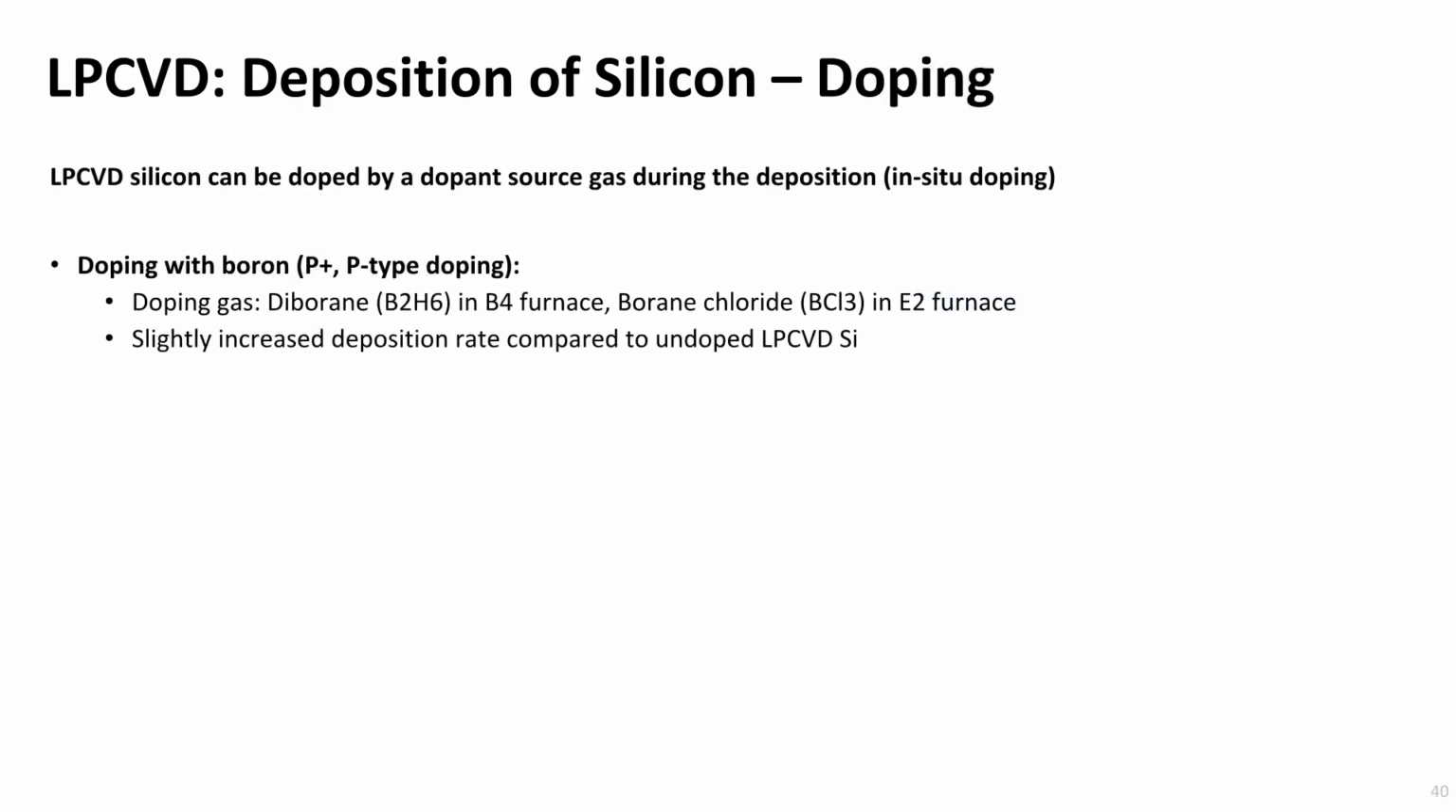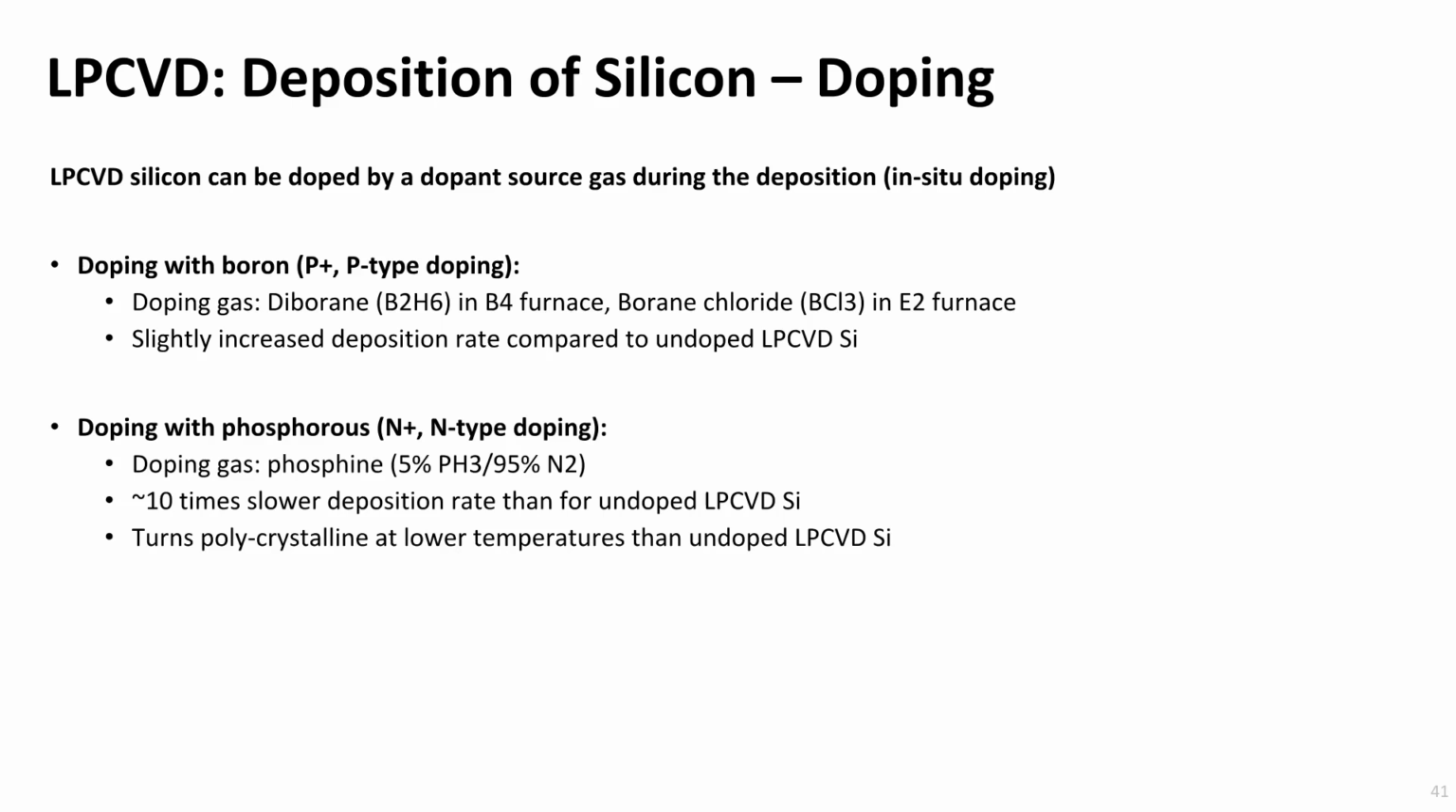In the LPCVD furnace, the deposited silicon can be in situ doped with either boron or phosphorus. Adding diborane or borane chloride to the silane gas causes a small increase in the deposition rate because diborane forms borane radicals that catalyze the gas phase reactions and increase the deposition rate. In contrast, adding phosphine or arsine to the silane gas causes a rapid reduction in the deposition rate, up to 10 times slower. Phosphine or arsine are strongly adsorbed onto the silicon substrate surface, thereby inhibiting the dissociative chemisorption of